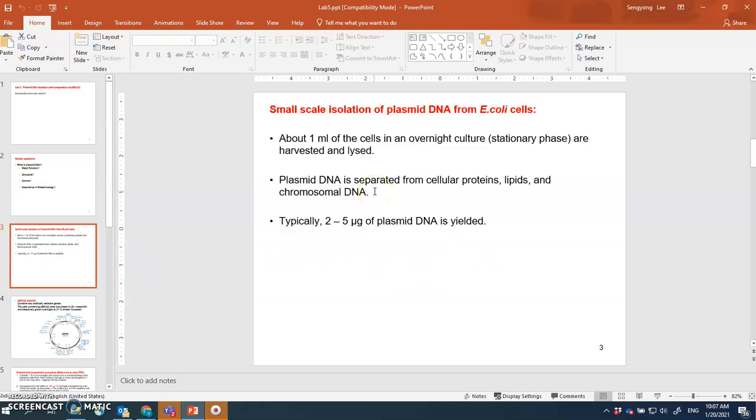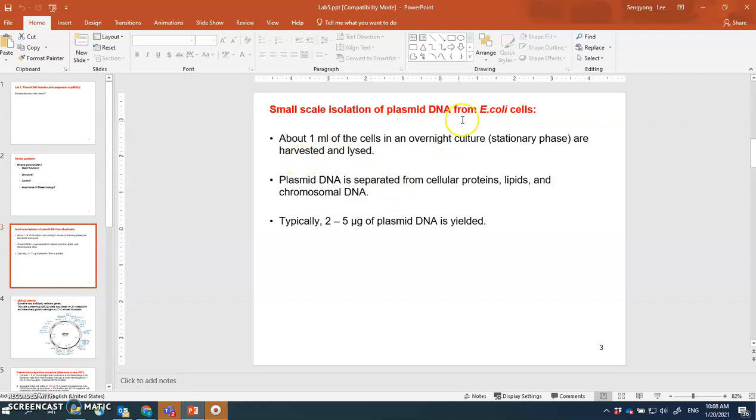What you're going to do is a small-scale isolation of plasmid DNA. So what does that mean? Small scale means small size. You are trying to isolate the gene, the plasmid DNA. Small scale is normally about 1 ml, 2 ml, 3 ml, 4 milliliter volume quantity,